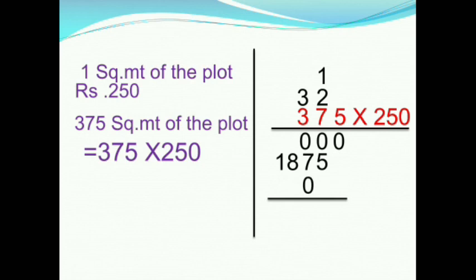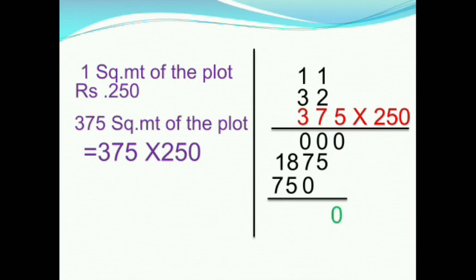Now we should multiply 2 and 7. 2 sevens are 14. 14 plus 1, 15. Write 1 carry above the 3, 5 below the 8. Now we should multiply 2 and 3. 2 threes are 6. 6 plus 1, 7. Write 7 below the 1. Now we should add these. First we have only 0. So we should write 0.